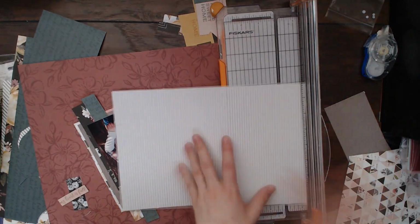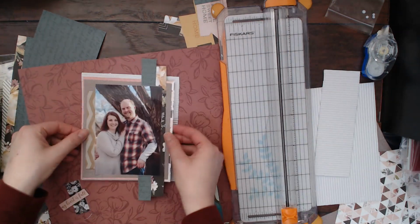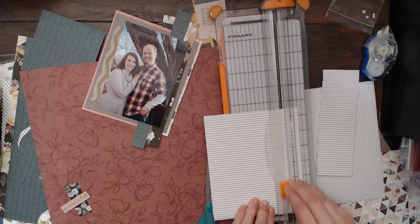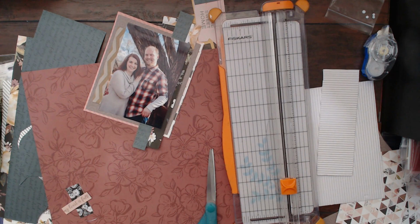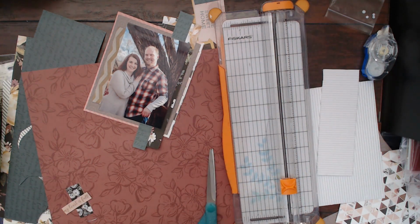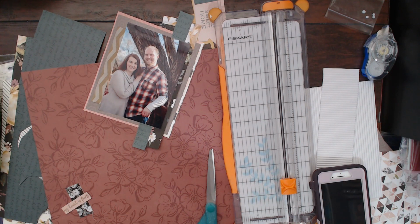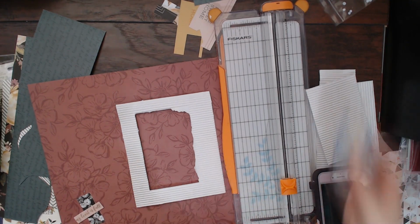So I am going to mat this photo on, let's see, it's a white corrugated paper, and I am going to gut this one as well because I really like this corrugated paper or cardstock, whatever you call it, and I didn't want a lot of it to go to waste, and I knew most of it you wouldn't be able to see. So I'm going to gut it, and it still has dimension, and so I am going to put a piece of foam where I gutted the